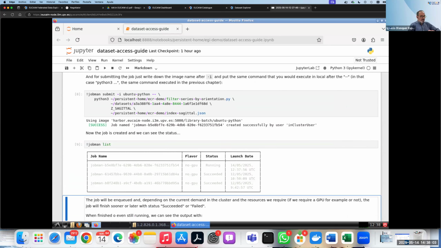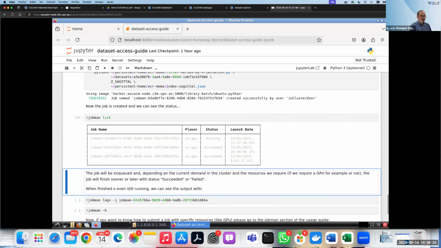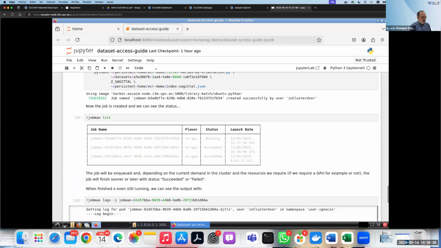So as you see, Jobman has run the job, and it has been scheduled in one of our batch jobs. We have GPU batch jobs, we have big GPU batch jobs, small GPU batch jobs. We have different batch queues, sorry, for the execution on different types of jobs. Right. So since I already ran one of the jobs before, so we don't wait so long,